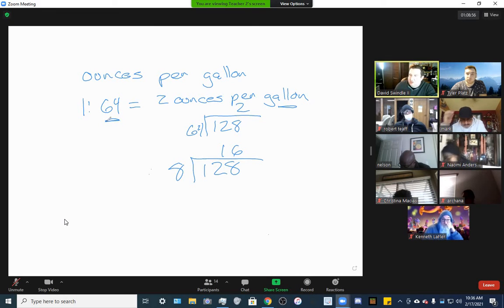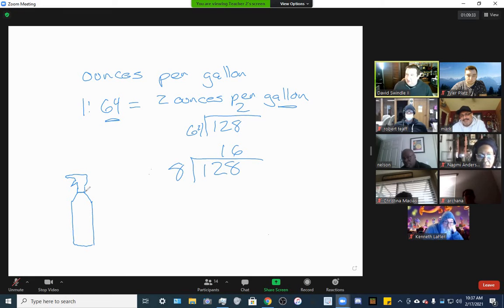Look at how we're seeing this. This is really just understanding the ratio. 1 to 64 is how many ounces per gallon of water. That really doesn't limit us as to the container size. Now, here's where this becomes a problem. Let's use this same idea. We've been talking about a mop bucket. But what if we were dealing with a spray bottle, right? It's got a little sprayer up here, and you're going to have to forgive me, guys. That's somewhat of a spray bottle, not the perfect.